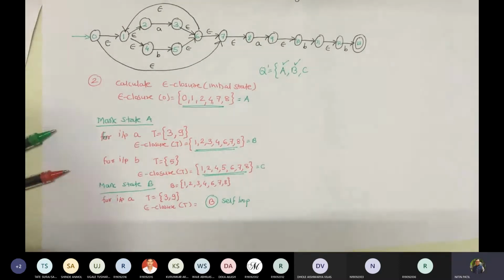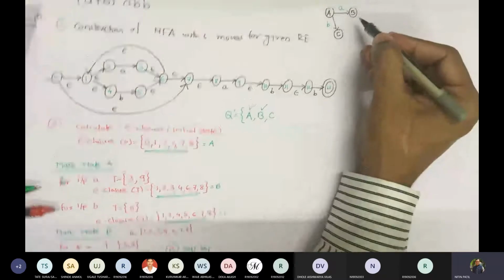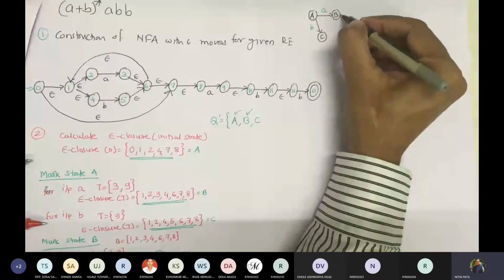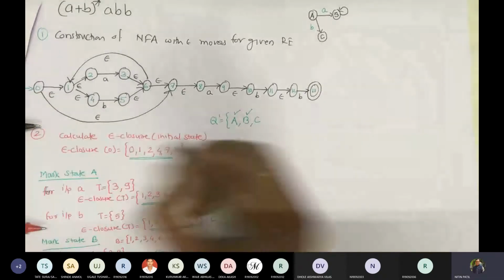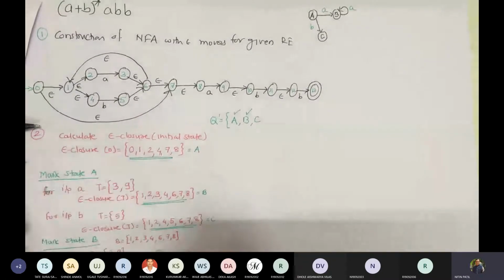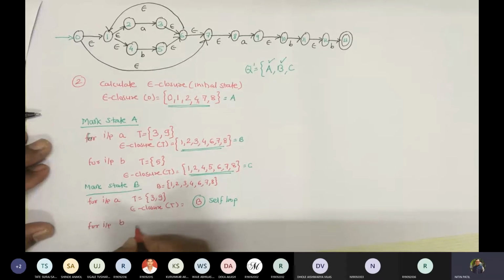Now we have to add it here. So with B, when we give input A, there's a transition with A. Fine.